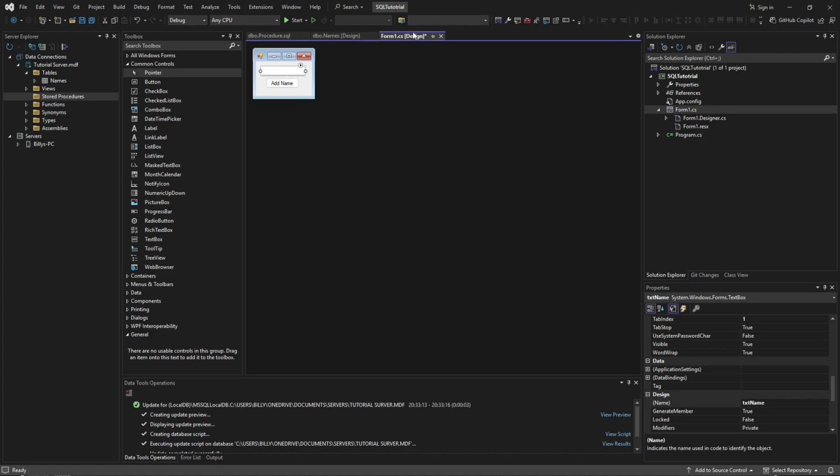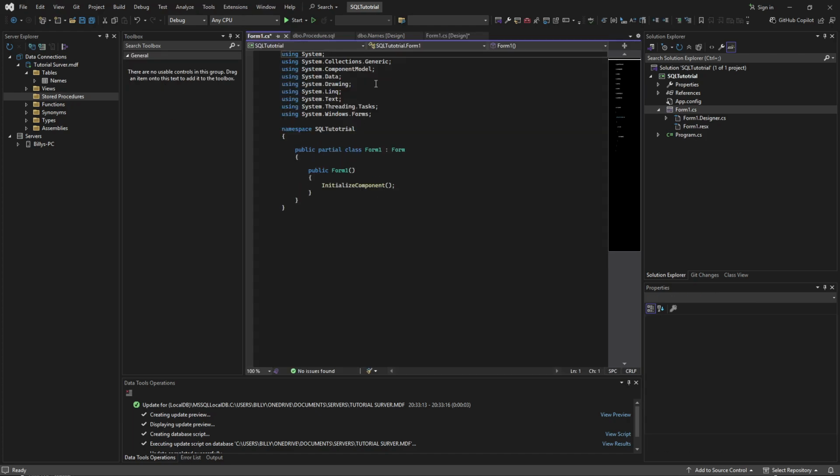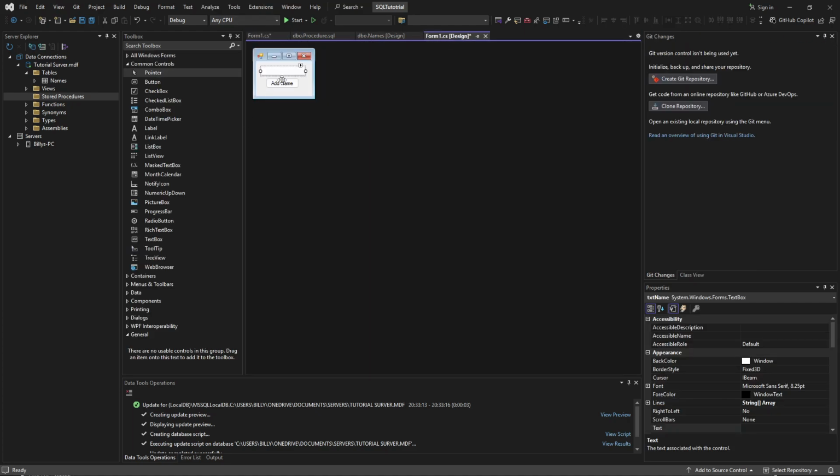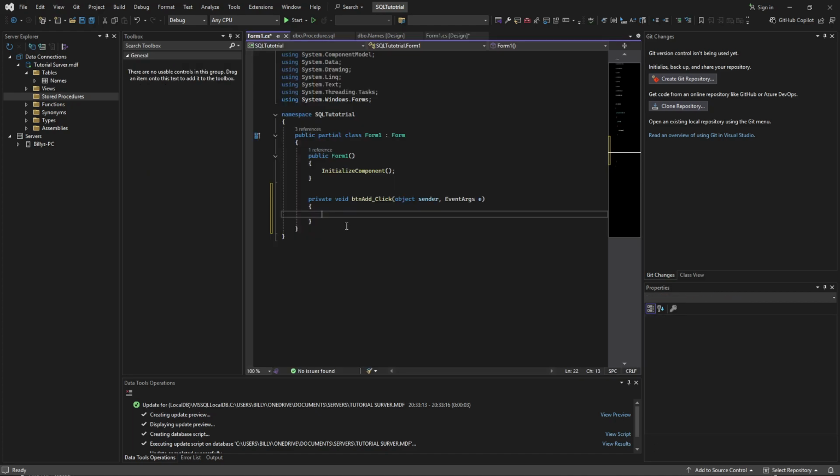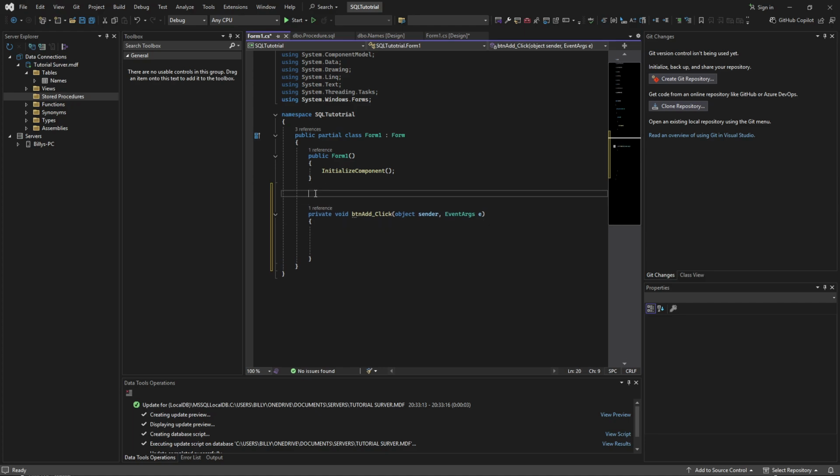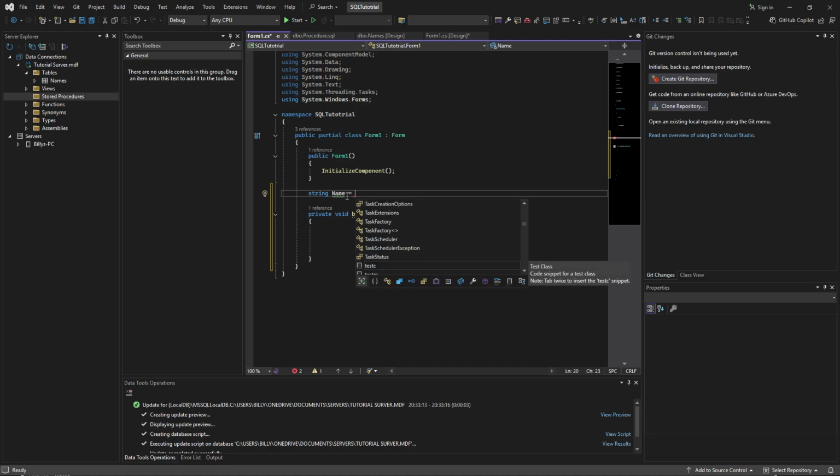make sure you're on this tab and press F7, and it should pop up like this. Or, because we're adding a function to the button, double click the button just like that, and it should create a function just like this. And then what you want to do is go outside the function, and you want to do string name equals, and then what your text box was named, so mine was txt